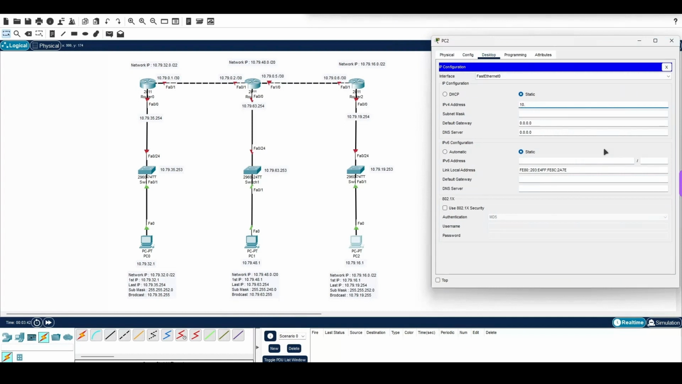We'll start with the PCs. Let's give them the IP, 10.79.16.1. Sorry. Subnet mask 255.255.252.0. And the default gateway, we said it's the FA0/0 IP, which is